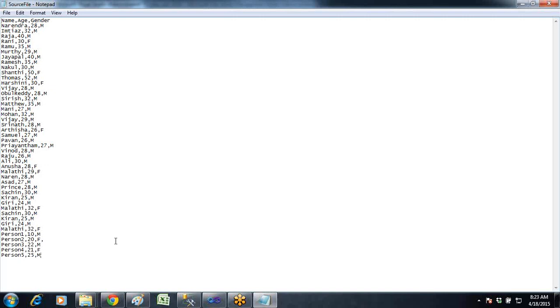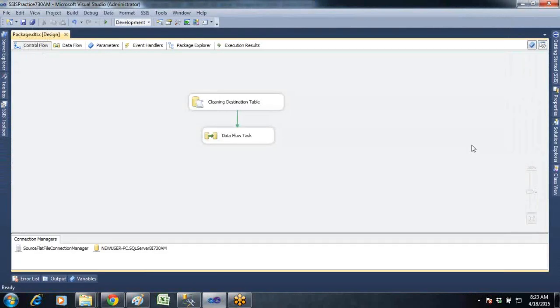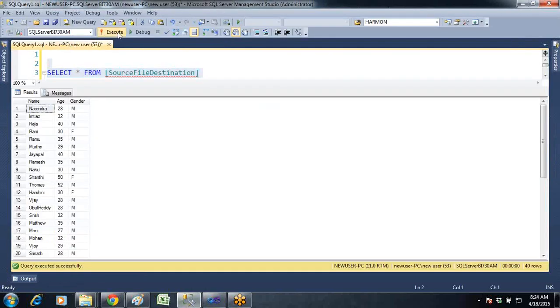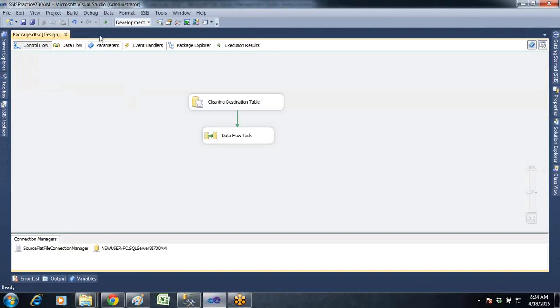Okay. So I have added 5%. That means, in our source file, an additional 5 people were added because of their transaction. These 5 people have done the transaction. Now what I will do is execute this package. Can I get those additional 5 records, person 1, 2, 3, 4, 5, into this table along with these 40 rows? Yes, you will see the data